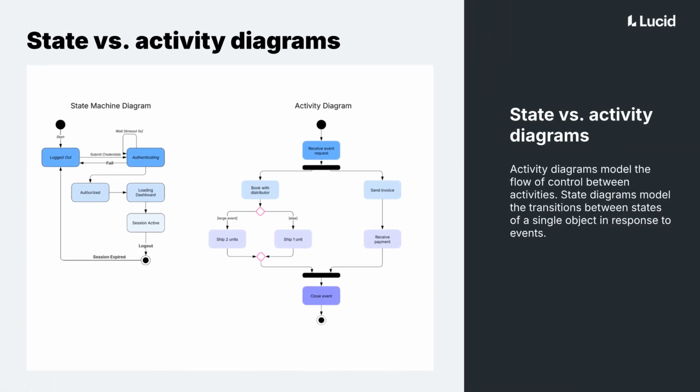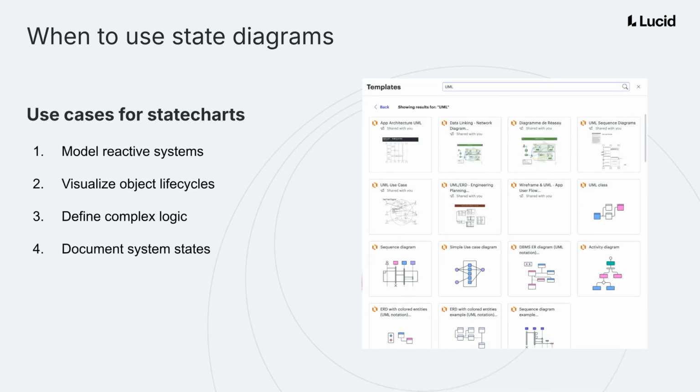State diagram versus activity diagrams. Which should you use? While activity diagrams show the flow of a process, state diagrams focus specifically on an object's changing status. When should I use a UML state diagram? Use them when you need to map out complex logic or reactive systems where an object behaves differently based on